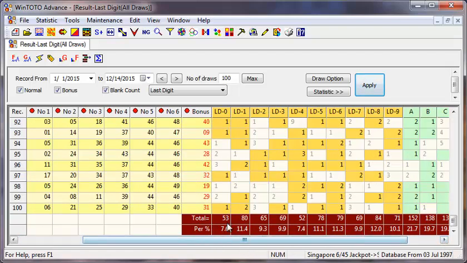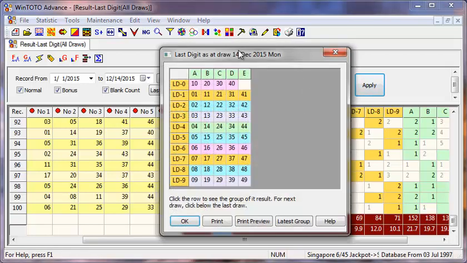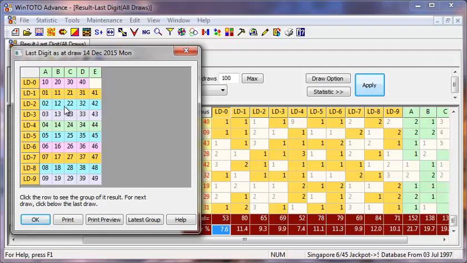Now, the next thing I want to share with you is that let's take a look at the last digit. Now, last digit also can follow the same thing that I've just mentioned. If you want to, you can follow. Alright, let's take a look at the group pop-up. What is last digit? Allow me to explain to those who just joined us. Now, last digit means last numeric digit. LD stands for last numeric digit. So in other words, if it's LD1, that means all the numbers where the digit behind is, like say 11 is 1, 21 is 1, 31 is also 1, 41 is also 1. This is what we mean by LD1.